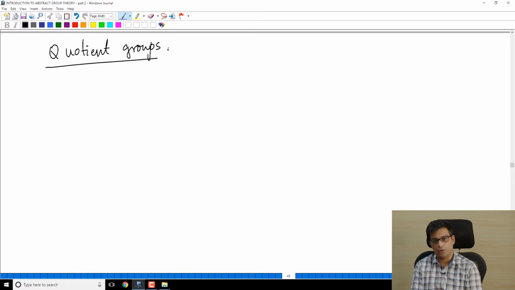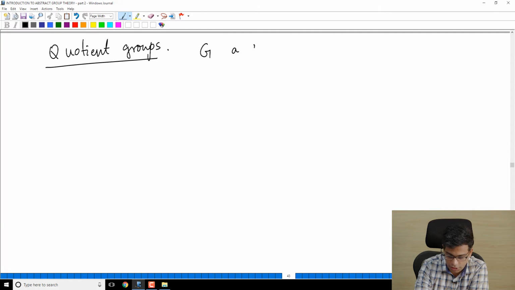So it's important for you to carefully understand the notion and be able to apply various theorems and properties of quotient groups that we will study. I'm going to introduce to you what quotient groups are using some definitions and some properties. The basic idea is the following. You have a group G and H a subgroup of G.